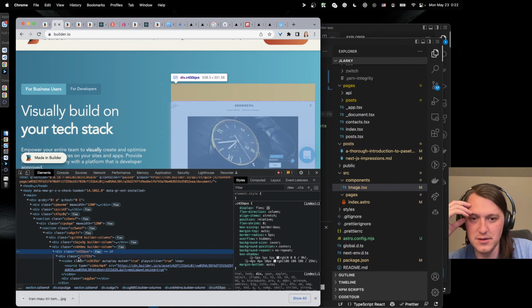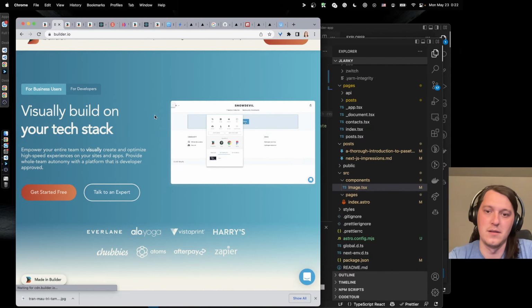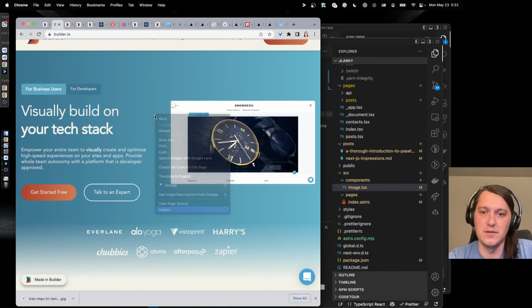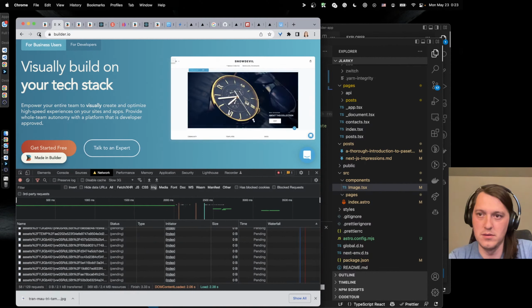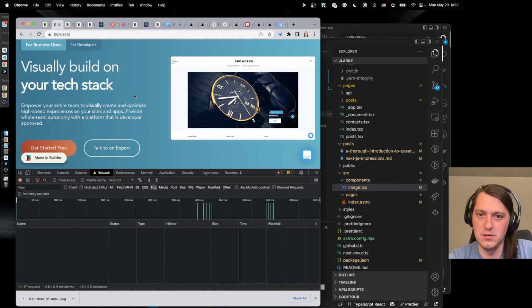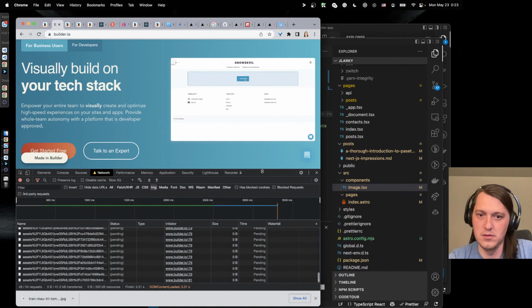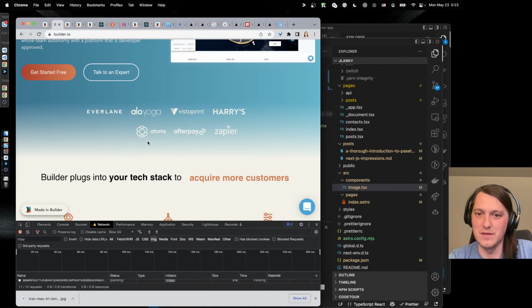It's set automatically. So if I slow it down, it waits for a lot of resources before showing something.